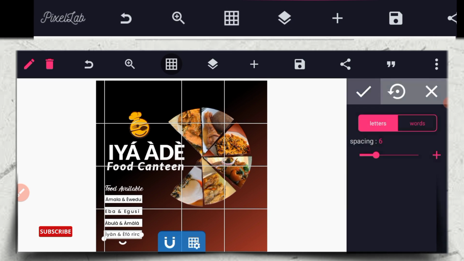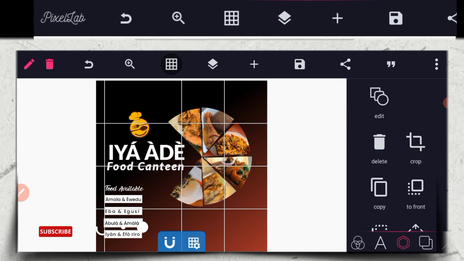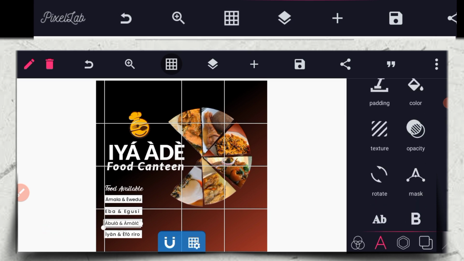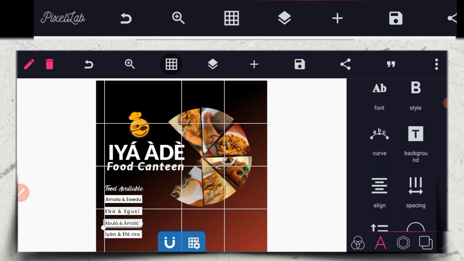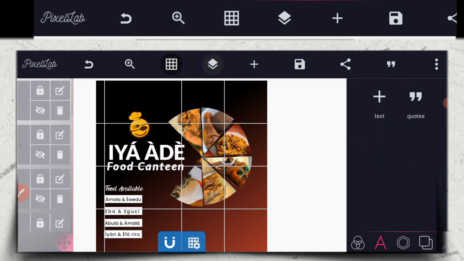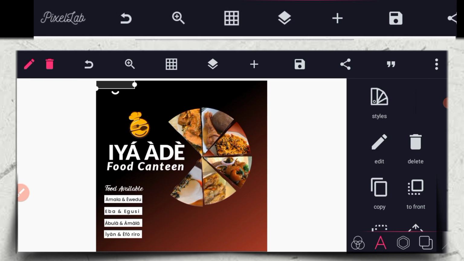Good. So let's check it. Good. So this amala, just space it a little bit, just use maybe one spacing or two spacing. So let's go to it. So we are good to go. So after that, just remove this one. So after that, the next thing I'm going to write now is just write etc. Just copy this amala and ewedu. Just copy, then you write